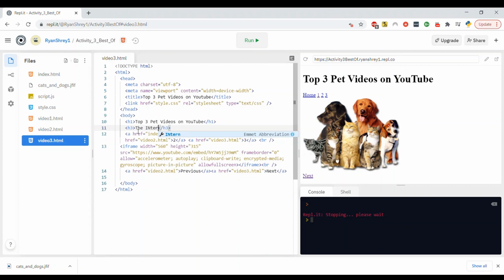The internet is really obsessed with cats. I'll set previous is video 2. And instead of next, I'll say home. Change this to index.html. So if I run the whole thing,